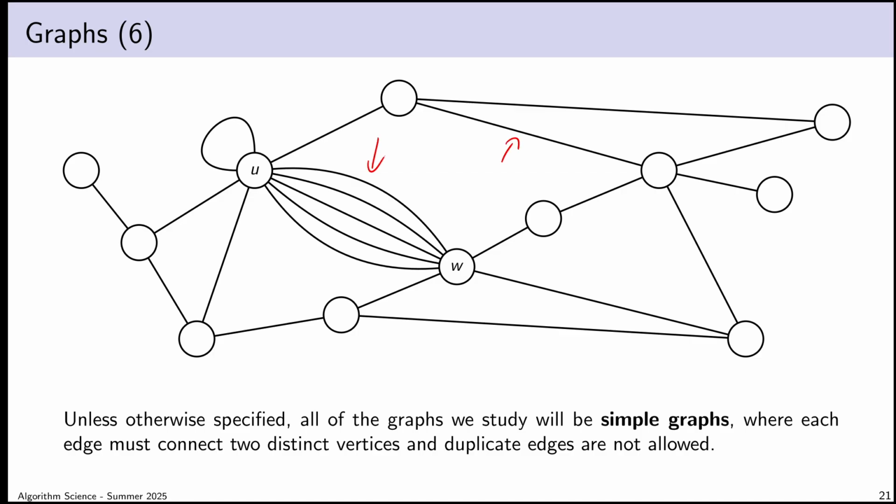Here are two vertices with 5 edges between the same pair of vertices. That is not allowed in a simple graph. Similarly, I am not allowed to have an edge that connects a vertex to itself. We might call that a loop or a self-loop. That is not allowed with our simple graphs. It actually turns out that the definitions I just gave require that. So this is actually